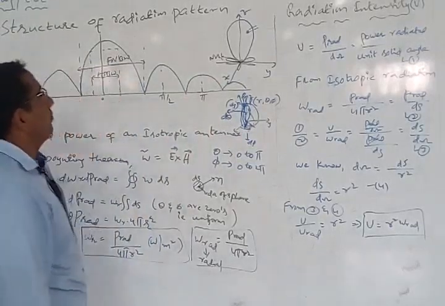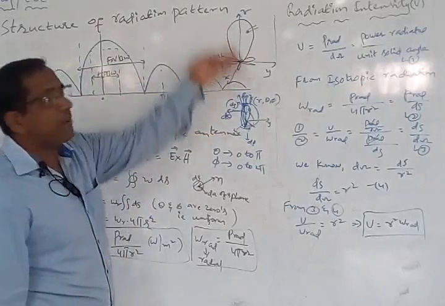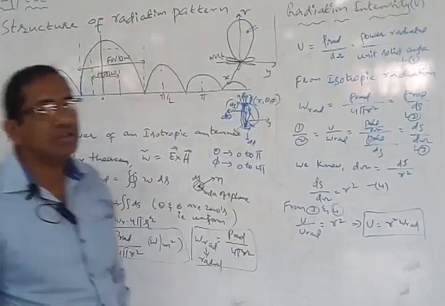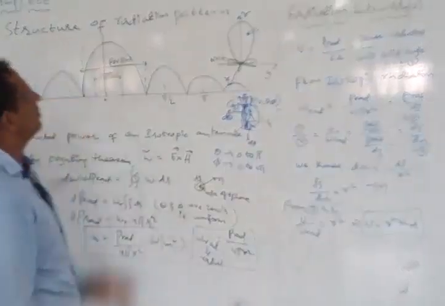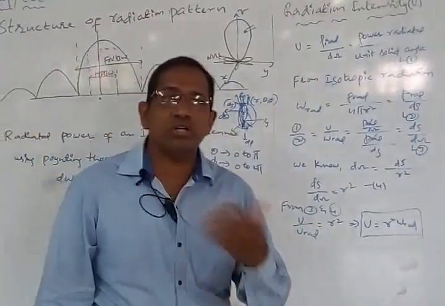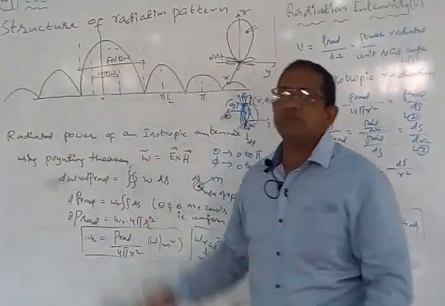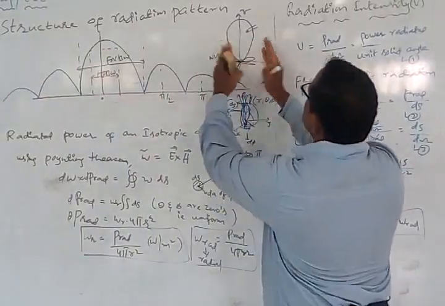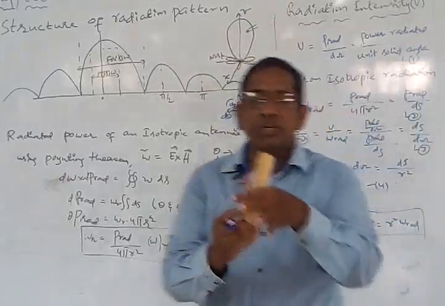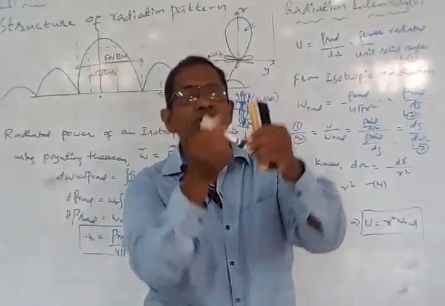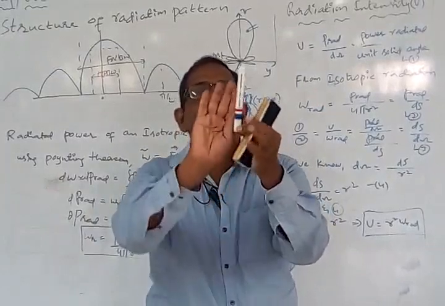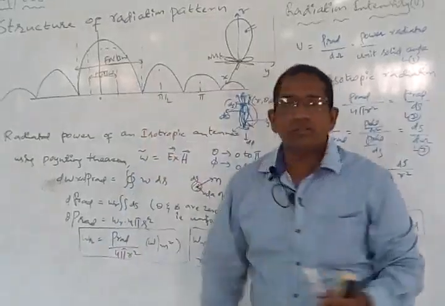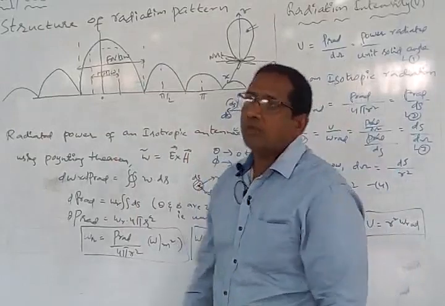Now this is the radiation pattern of an antenna. In the exam you may be asked to explain the structure of the radiation pattern, or the spectrum of the radiation pattern. Now how do we explain this? This is something like a folded format. Imagine a closed cylinder; when you cut here and unfold it, you will get an unfolded spectrum, or a structure of the radiation pattern.